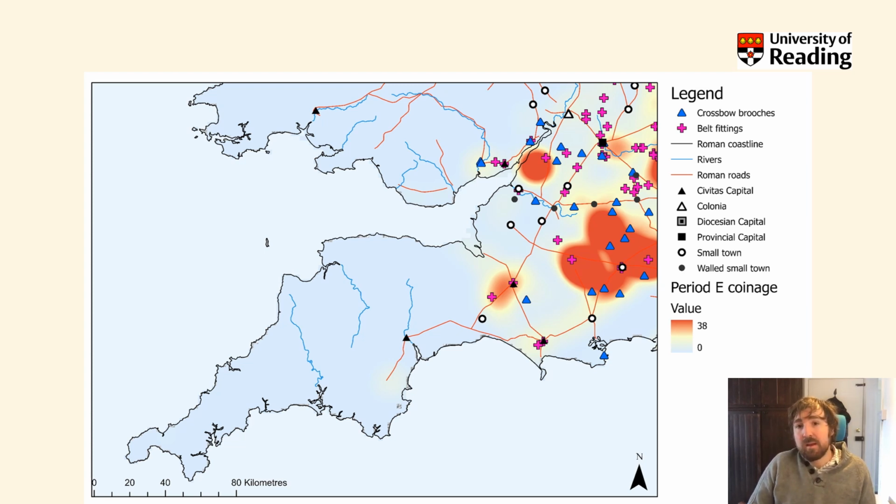And this, I think, is particularly important with the belt fittings, because you'll start to see different types in different regions, and there is a huge amount of regional variation as well. And this is particularly important in Cirencester and around Cirencester. So the area between Carwent and part of Hampshire is going to be one of my study areas, roughly about here.